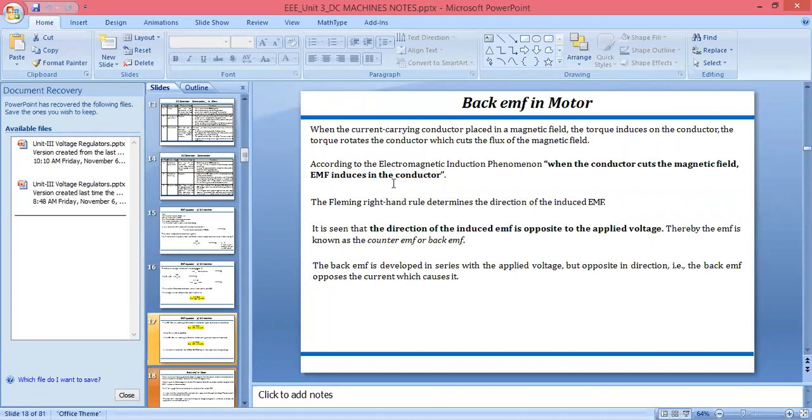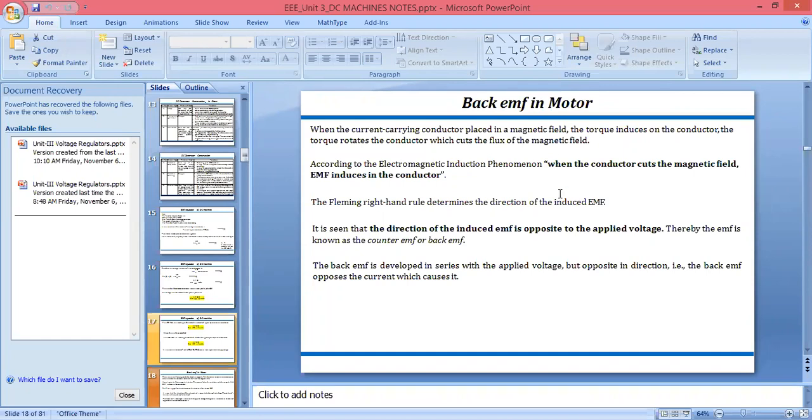Faraday's law is used for the mechanical and the electrical relation. It means it will tell us about the interconnections in electromechanics. So according to Faraday's law, when a conductor cuts the magnetic flux, EMF will get introduced, and we decide the directions according to Fleming's right hand rule. So it is seen that the direction of the induced EMF is opposite to the supply voltage,